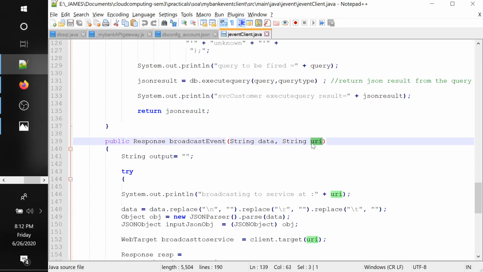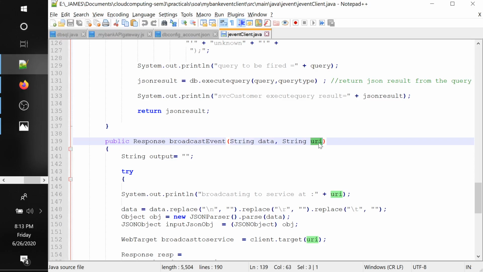If you notice, I am passing the parameter URI, which may point to a service. If I have, let's say, 3 microservices running and I want to broadcast to all 3, then I am going to call this function 3 times, but with different URIs. URI is just like a link, right?